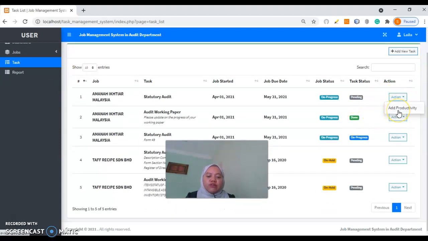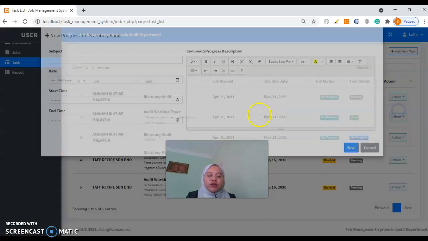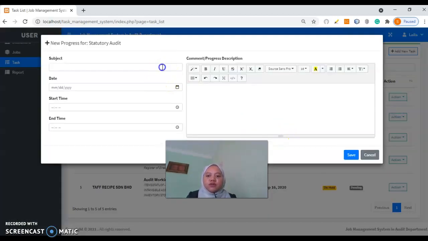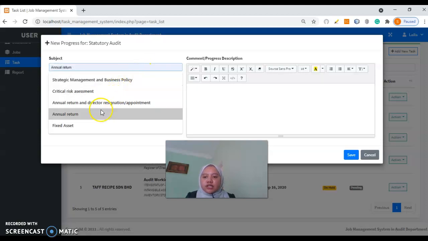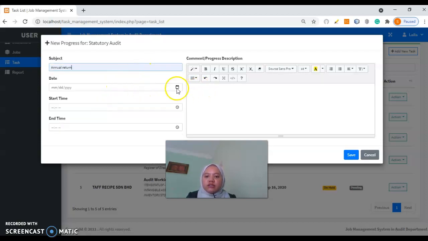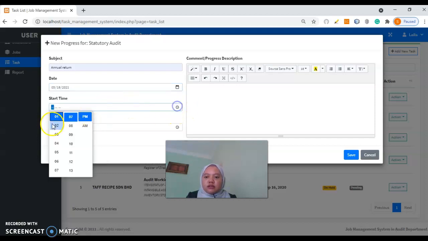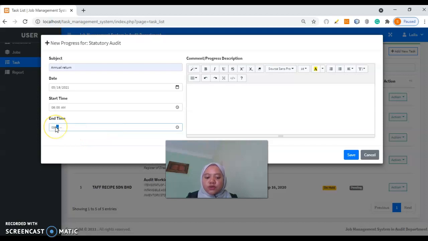Manager also can respond to the task assigned by adding productivity. For example, the subject is annual return, date 18, 9 a.m. to 9 a.m. Done.